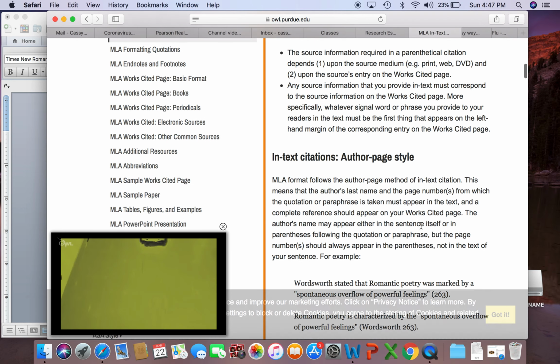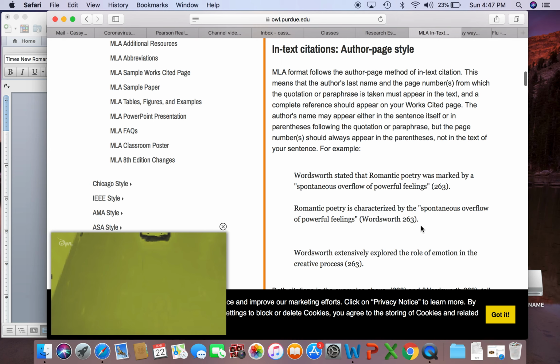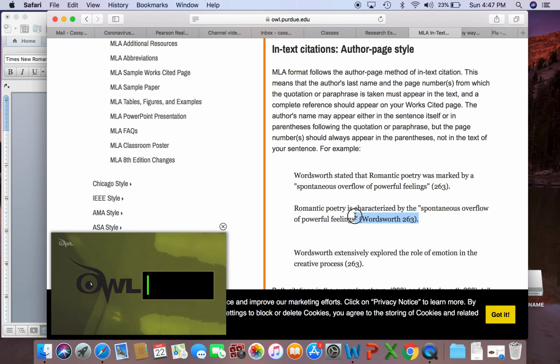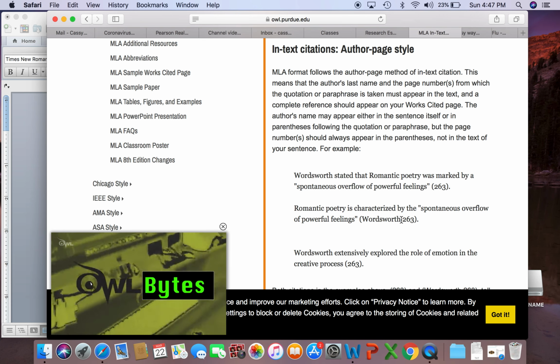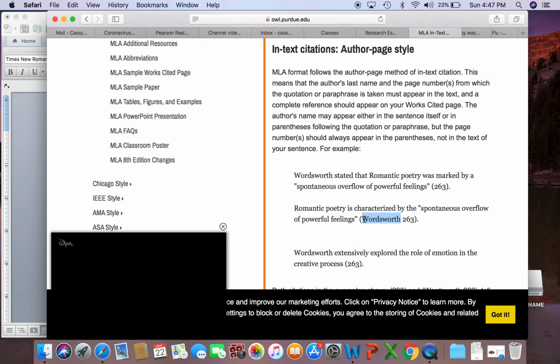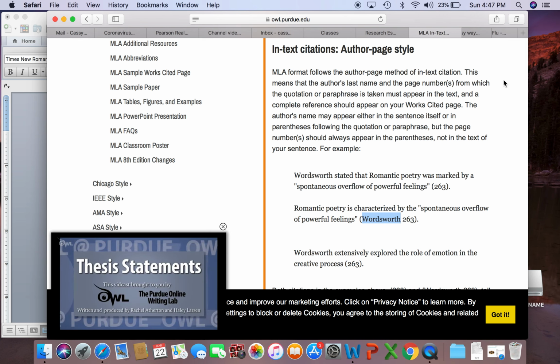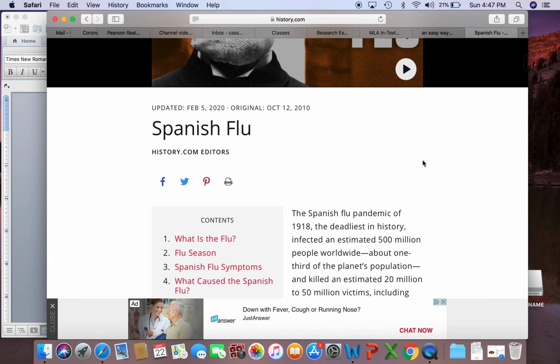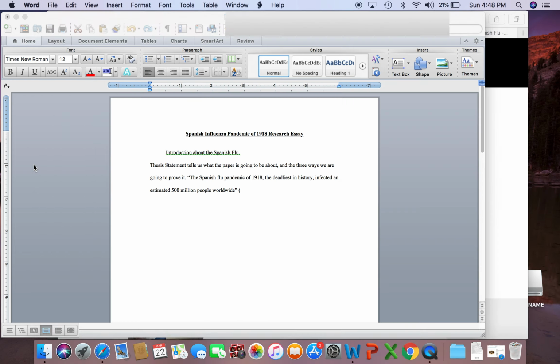This will really help you understand why you need to cite. And here we go. We have some good examples. Now, we're going to take their example and we're going to plug in our own information. So, typically, you would have the last name of the author that your evidence comes from, okay? Because we got ours from the History Channel, let's go back, let's click. Let's see if they've given us a byline. They have not. They've just said it's history.com editors. So what we are going to put is simply